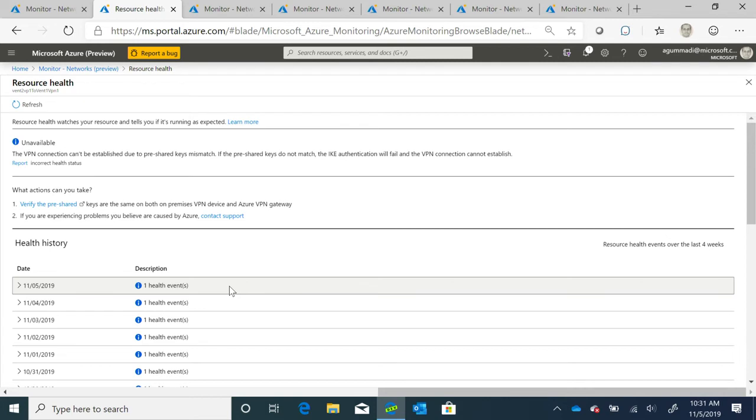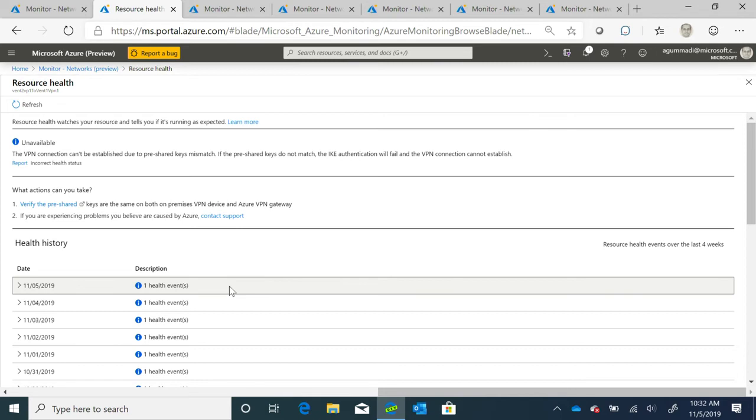So far, in the first phase, you've seen how Network Insights shows you the health of the entire network. You've been able to quickly drill down and say, hey, VPN connections have a problem. Which of the VPNs have a problem? Network Insights then points you to what the problem is and gives you tips on how you can remediate. Now let's go to phase 2 of the solution.